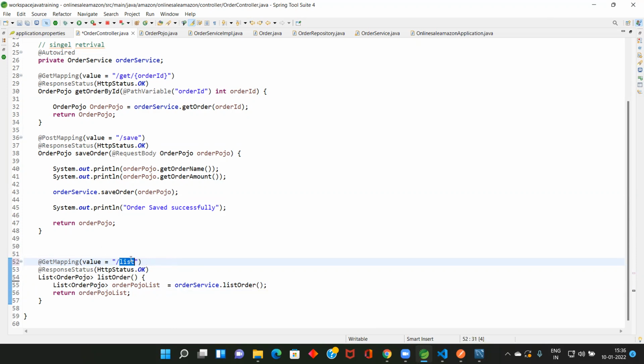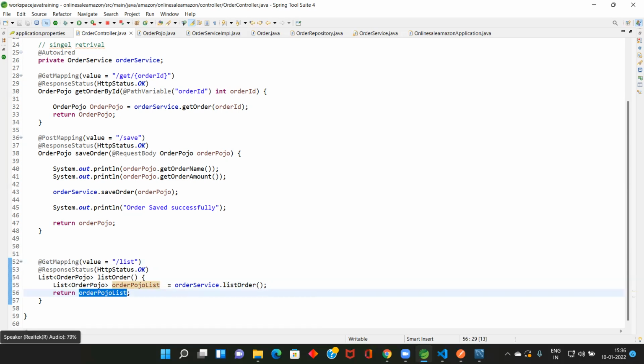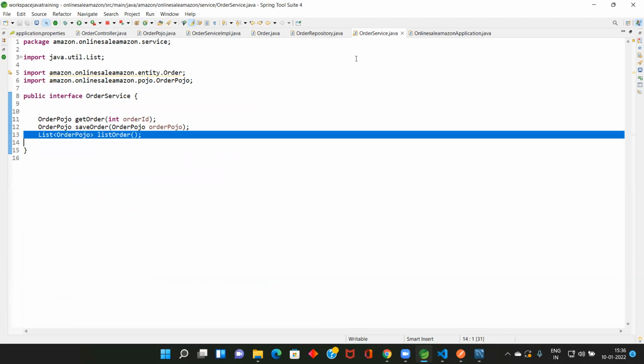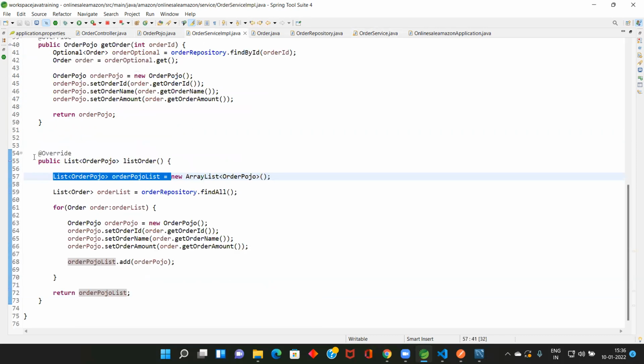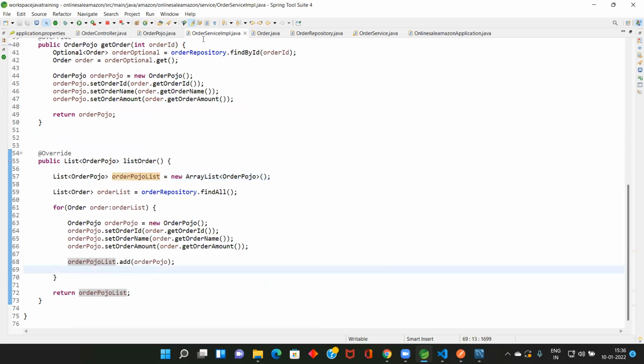If anyone calls /list, then the request comes here, and we are calling list order, which is going to return a list of order Pojo, which we are going to send to the screen from Angular or React. So in order service, what is the thing that I did? I added one interface. And after that, I implemented this one to retrieve values from the database. That's it. So it should work now.